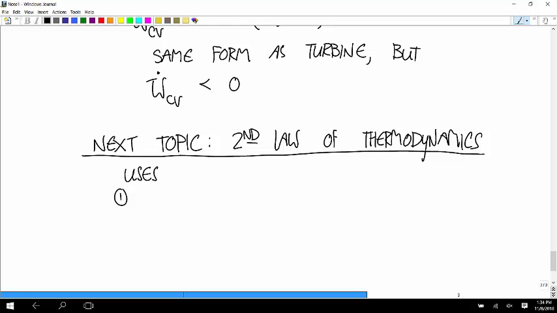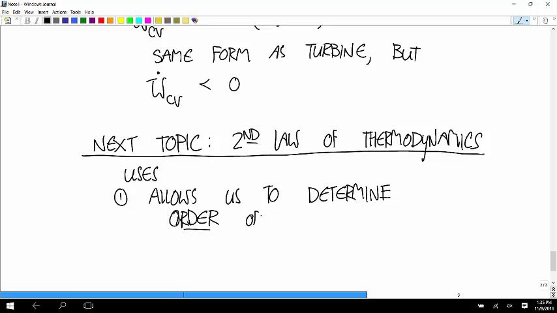You have to have other data points to figure out what happened first and what happened second. So it allows us to determine an order